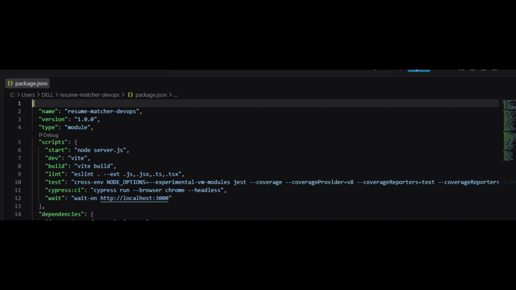and we can observe that Cypress is also in it, that is cypress ci, which is cypress run with flag browser, that is Chrome, flag headless, wait on http://localhost:3000. I know this is a hectic configuration thing which I explained, but it depends on your application and how you are preparing. This was with respect to my application, so I just wanted to give you an overview